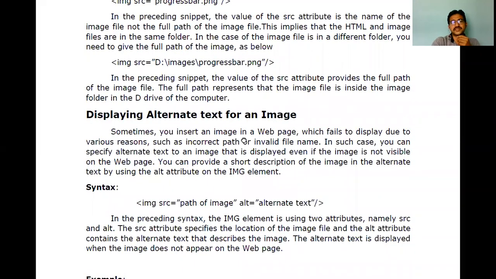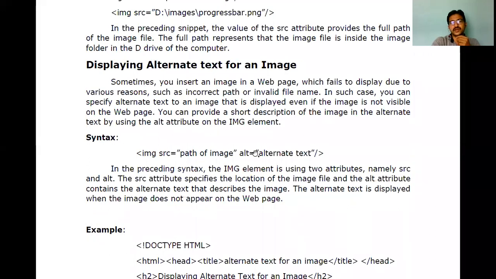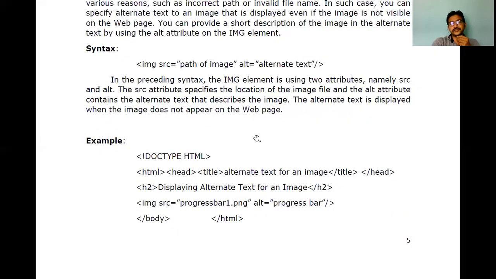The next topic is displaying alternative text for an image. How are we doing it? With the help of ALT. But from the examination point of view, we require the headings and subheadings, and under that only you need to put the data. It does not mean you directly write one image syntax, define some attributes and throw some example, and you will get the marks. As per the book you are following, the HTML5 Black Book, with the black cover, only as per that book will the evaluation be done. So I request you, as per the headings, put a small heading, just a one or two lines description, and add some example.